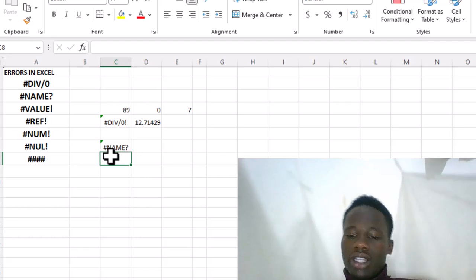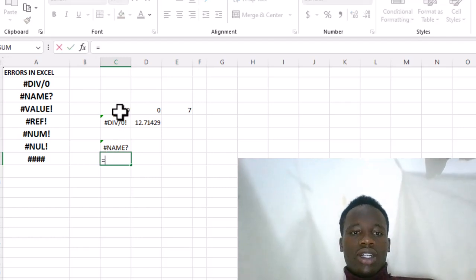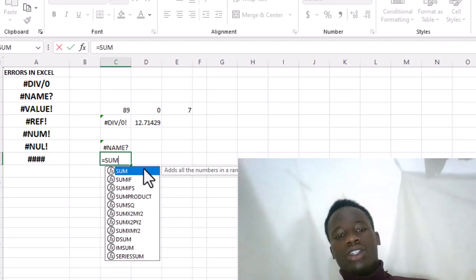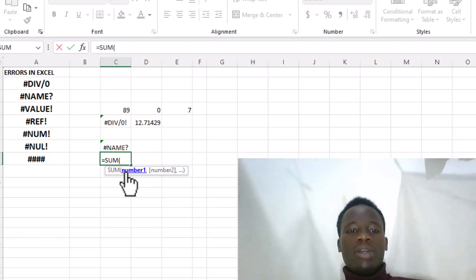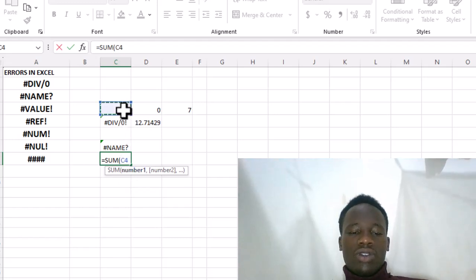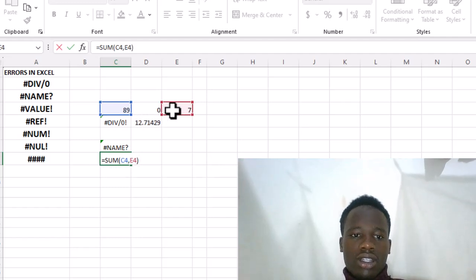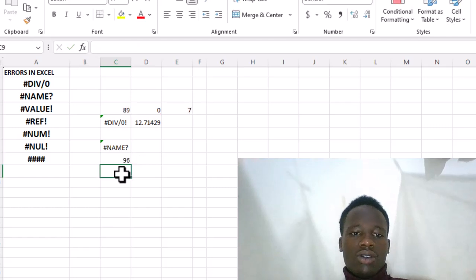So to correct that, you just correct the word. In most cases, you just double click on the function once you're not sure of the spelling, such that when you highlight that one, comma, with that, and then you close,